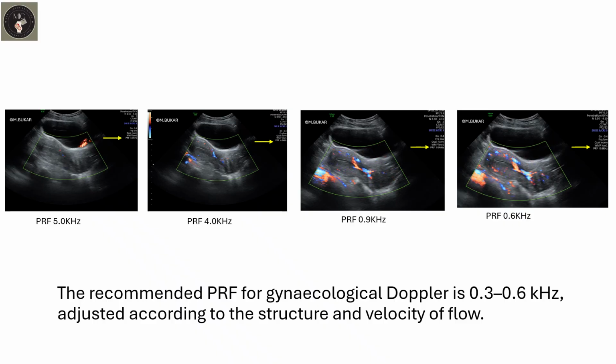adjusted based on the structure and velocity. For the ovarian stroma, the endometrium, fibroid, adjust to 0.3 to 0.6. But if we are assessing the uterine artery, we use a higher PRF. If we are assessing for high velocity like in corpus luteum, of course, it will be higher than this. So adjust